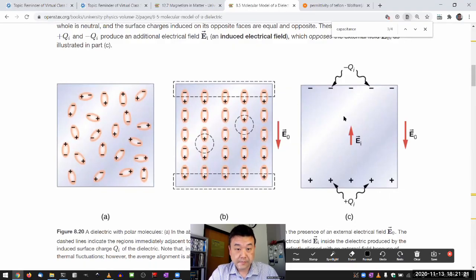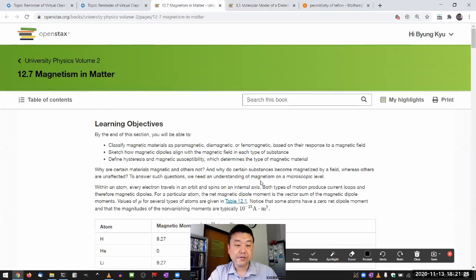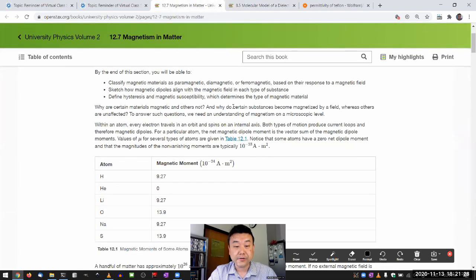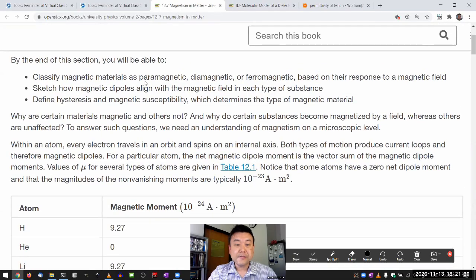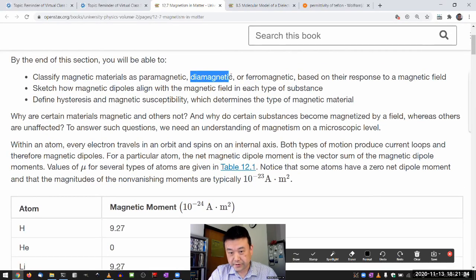With the magnetic matter, the textbook already tells you about 3 different types of magnetic material. It's right at the top here. Paramagnetic material, diamagnetic material, and ferromagnetic material. And what I have to lead with is that